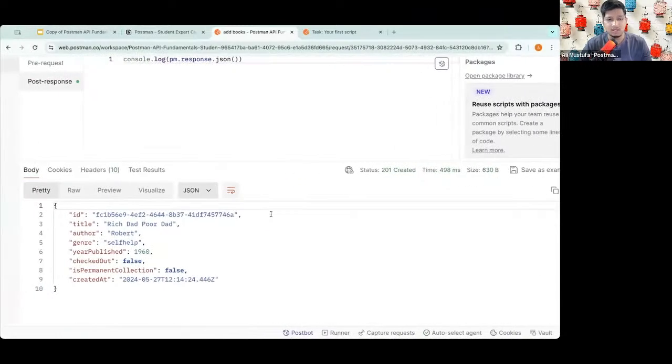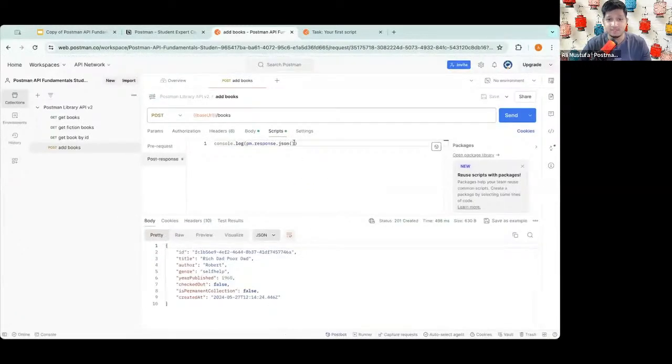So let's close this, and let's write something which is useful and not just logging the response back. By the way, this is a very, very powerful tool. You could not just use it to log things, but you can open the package library. There are snippets available, and you can do a lot more things here. Sometime probably we can explore advanced features of Postman, but for this session, we'll stick to the basics.